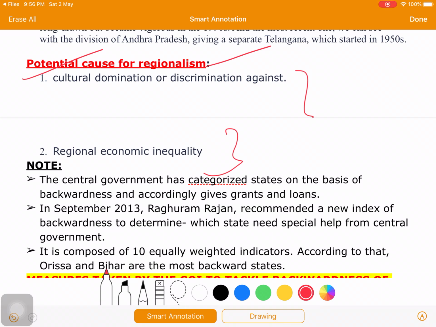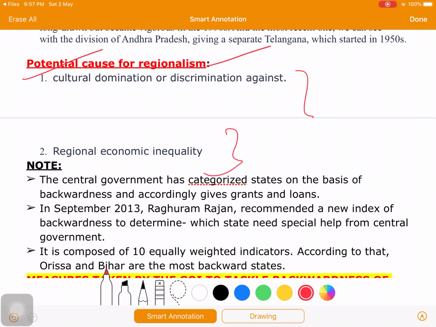Why? Because of the steps taken by the government, which focused on balanced regional development and fulfilled the aspirations of the states. So here you need to understand how the government provides that balanced regional development in order to fulfill the demands of the states. In the sense, the more important industrial policies were introduced in India right from 1952 itself: the Indian Industrial Policy 1952, and the Industrial Policy of 1956.